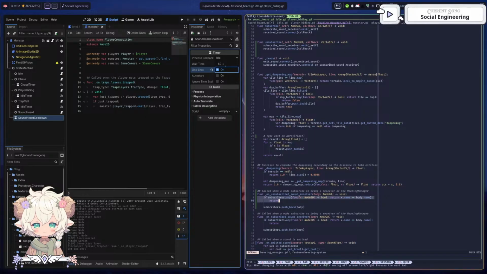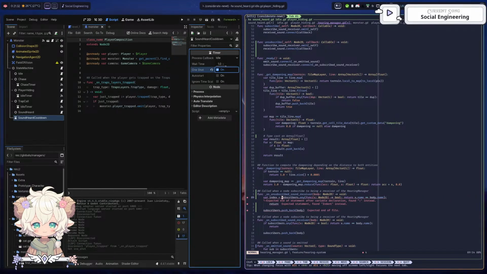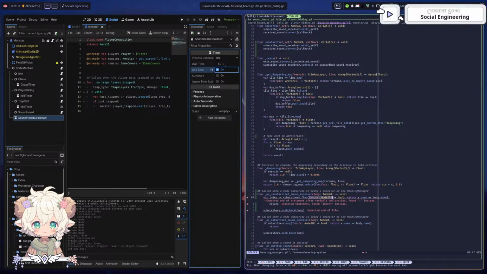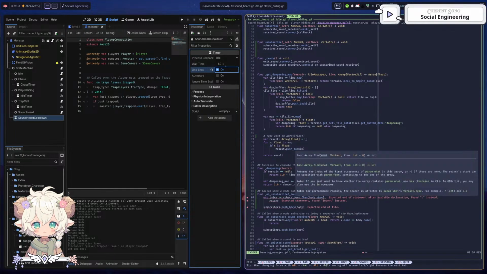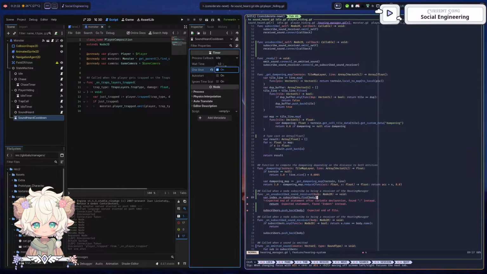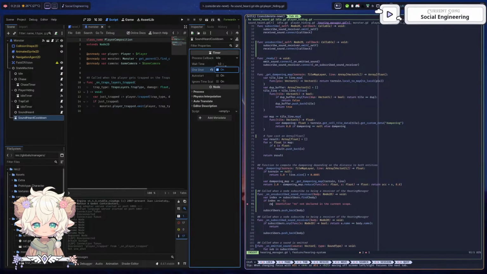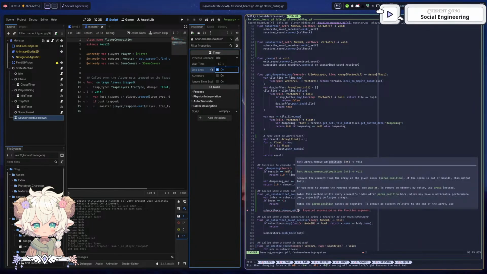So, pretty simple, actually. I can just do here, var index, which is going to be that. We need to do find of what? Of body. If index equals -1, then return. Else we remove at